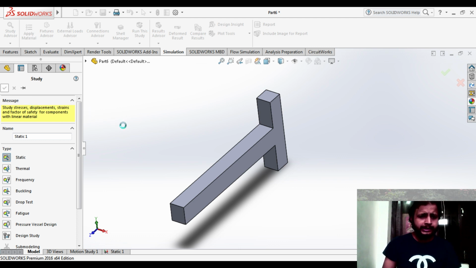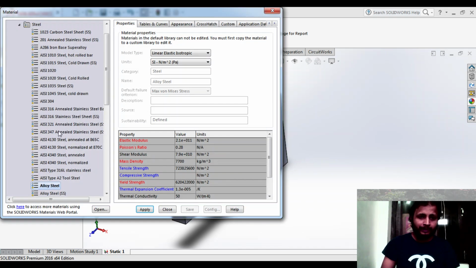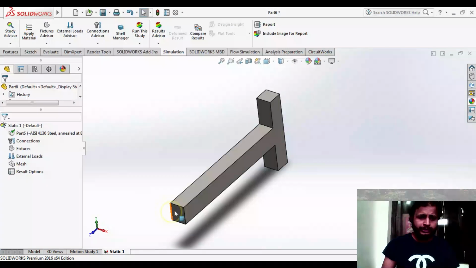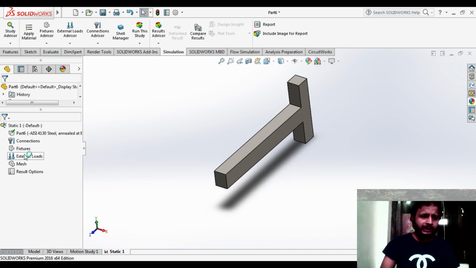And in your next step, friends, I know that you remember the process. It is hanging, just wait for a minute. Okay, so the next step, I know you will apply the material first. Suppose I have taken this one, apply and close here, and after the material you will go into the fixtures.